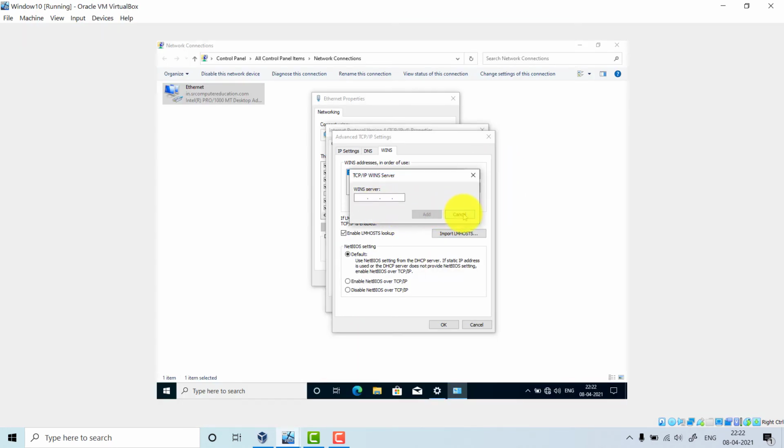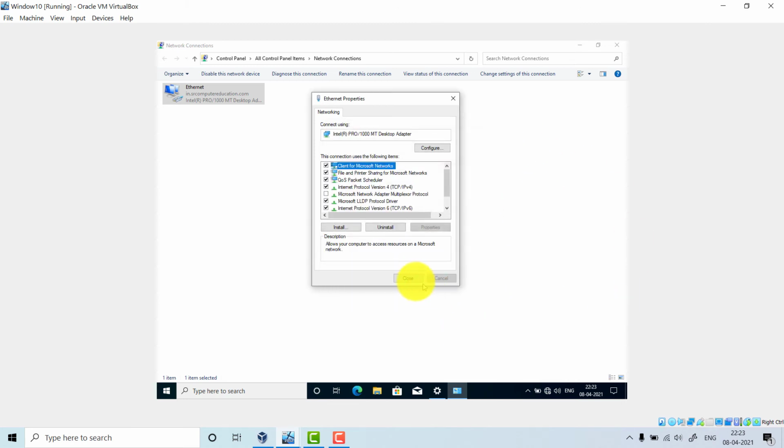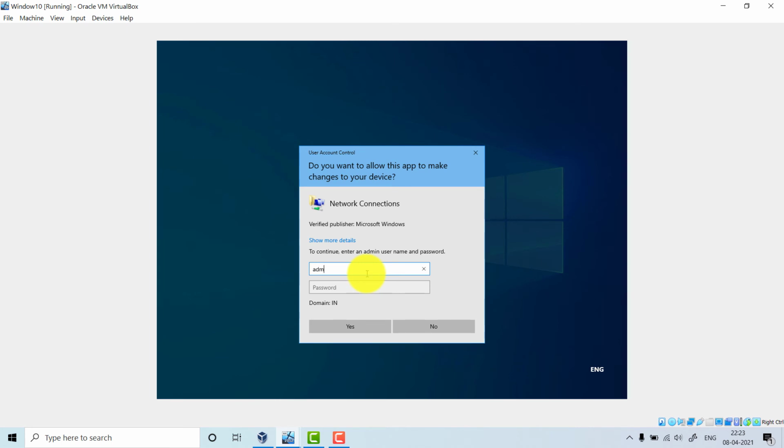So yes, we have added that. Click on OK. Okay, close. Let us just cross verify whether the WINS service is properly configured or not.